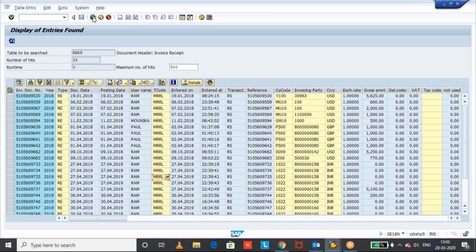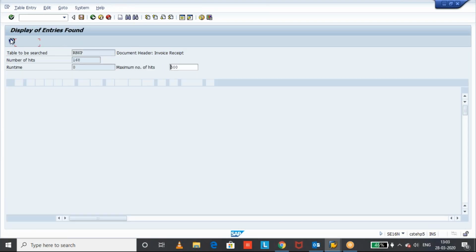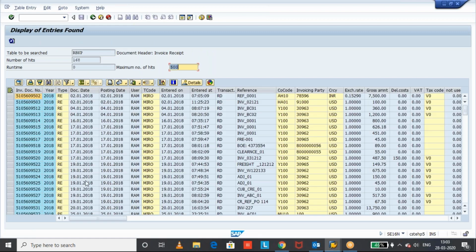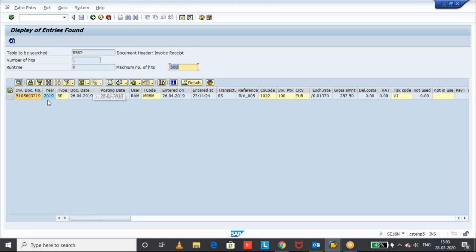For example, if you want to know the list of invoices which are created through MIRO, you can pass the MIRO transaction code and get all those invoice receipt documents. Okay, you want to know the cancelled related MR items. So you can get the invoice verifications which are cancelled, and it's a credit memo.